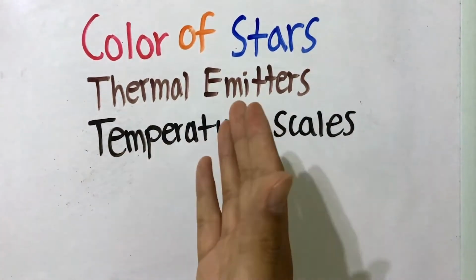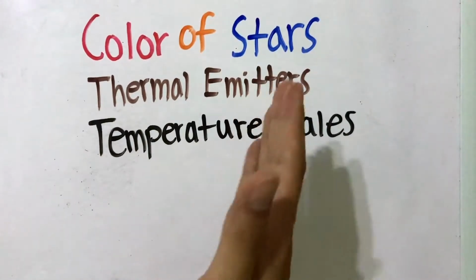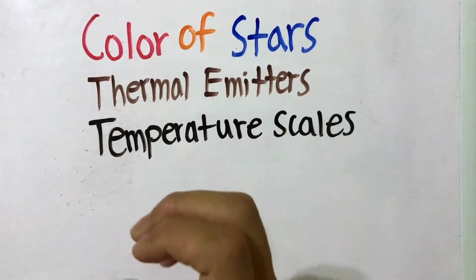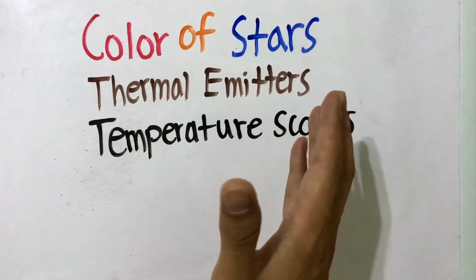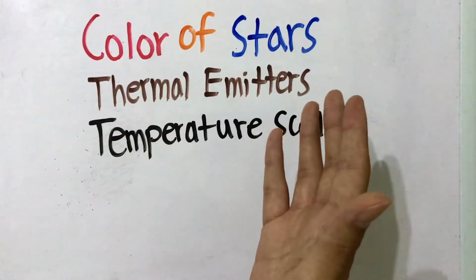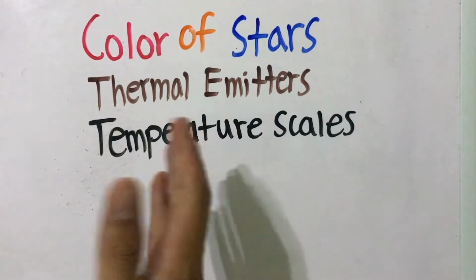Why are hot stars blue and cold stars red? We normally associate the color red with hot and the color blue with cold. And why is that? Maybe that's a general perception that our society thinks, but let me explain why hot stars are actually blue. So, in thermal emitters,